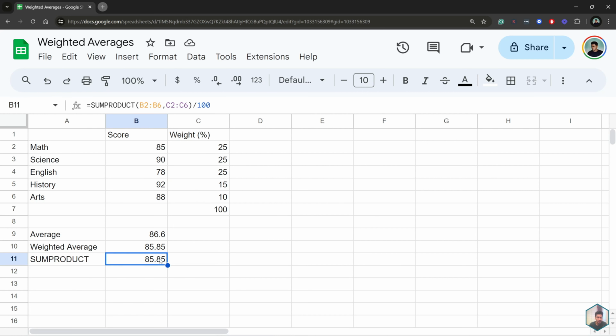Perfect. So in this case, you can see that the weighted average and the sum product resulted in the same answer. So there you have it. That's how to get the weighted